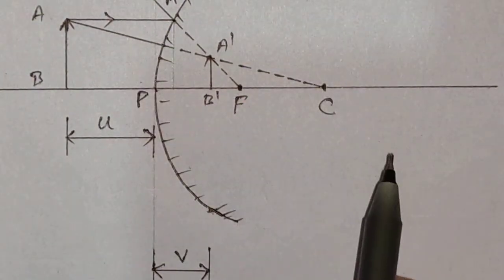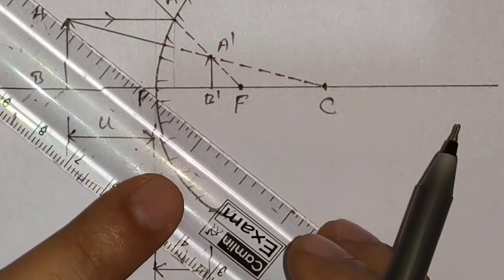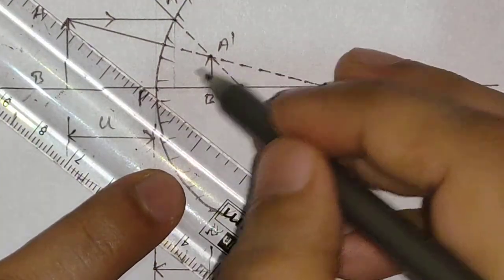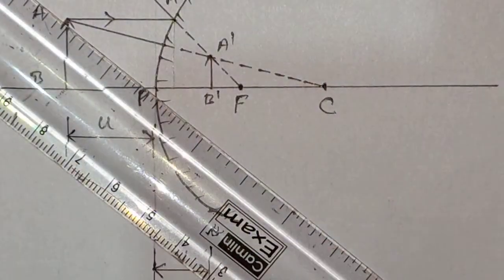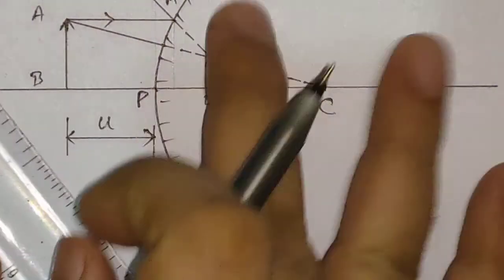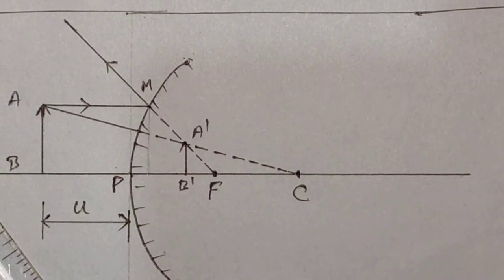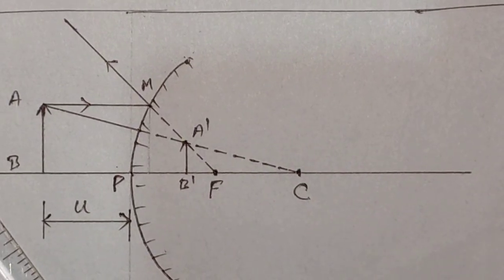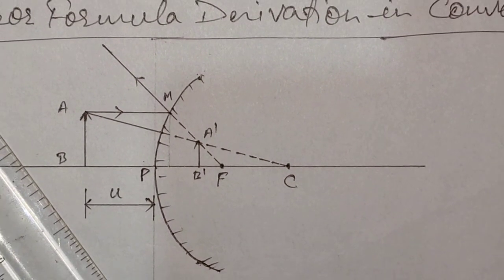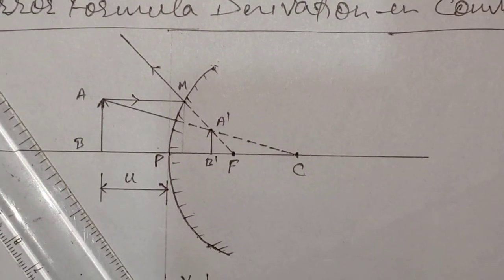There is another method also, where we can pass the rays from here and they will go and meet here, so that triangle also we can use. But I'm not using that, I'm simply using this one. Okay, I hope everybody will understand. I'm just zooming out so that it is properly visible to everyone.